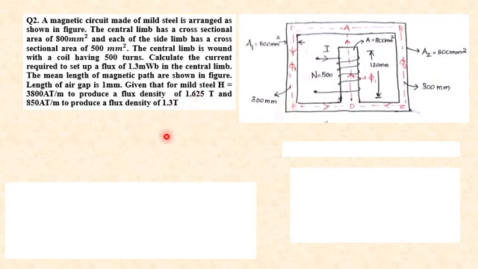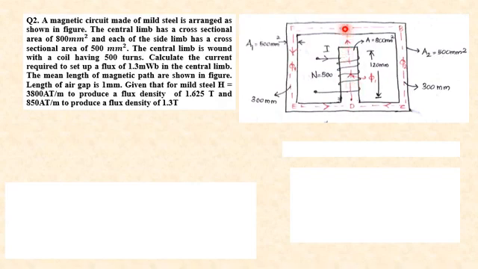Okay, so first of all let's write the basic equation. Here we can see that the coils are wound on the central limb. So we can take the flux in the central limb as phi, and this flux will be splitting into phi 1 and phi 2. The flux in the path AD is phi. But in length AD we can see that there are two materials, one is the core and another one is the air gap, so there will be two reluctances.